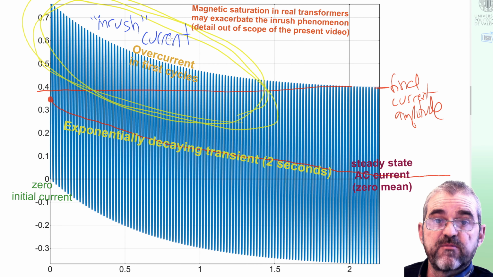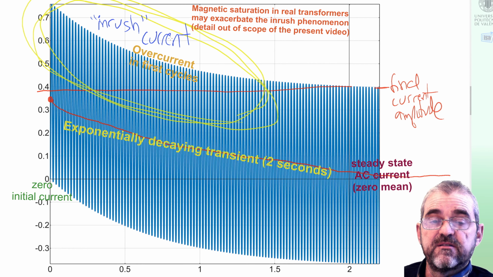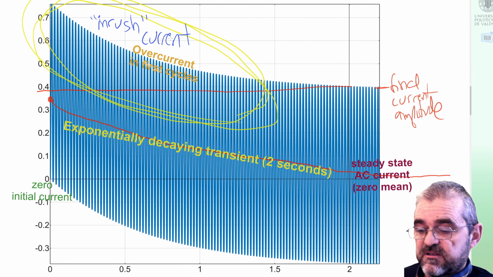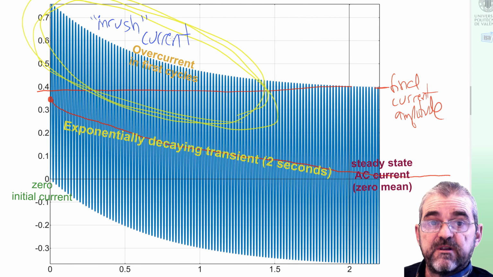So this is something that needs to be analyzed with care in real transformers, but nonlinear simulations of that will be left for a forthcoming video, and the links I will add in the description. So this is the phenomenon of the inrush current, and then we will delve a little bit into it by